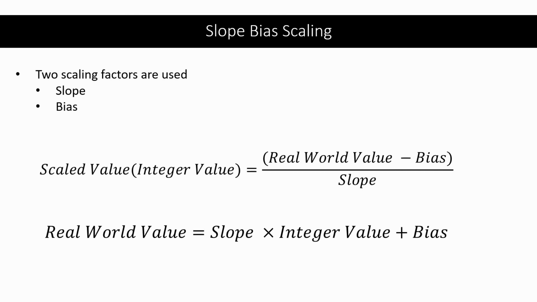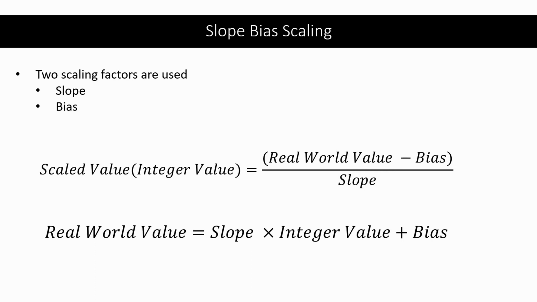There are two types of scaling. One is slope bias scaling and another is binary point scaling. Slope bias scaling is convenient to humans and the calculations are easy. It is usually done in base of 10 or as per the unit of the quantity. The range of this parameter plays a crucial role in deciding slope and bias. While binary point scaling is convenient for machine or computational purposes, and generally it is done in base of 2.